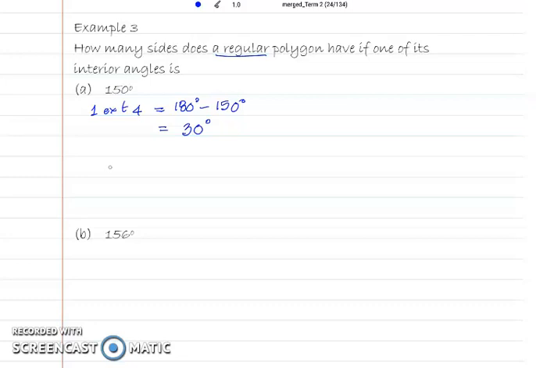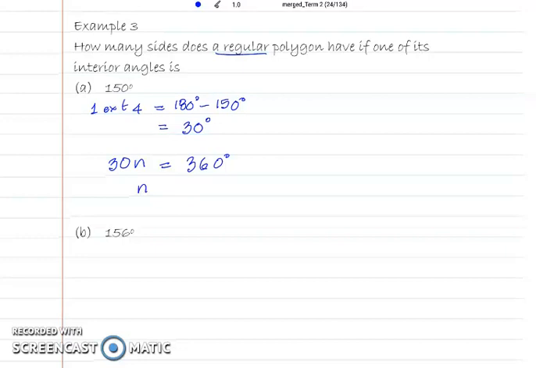It means that 30 times n would be equal to 360 degrees. If there were 5 of them, it would be 5 times one exterior angle. So n, which is the number of sides, if I divide both sides by 30,